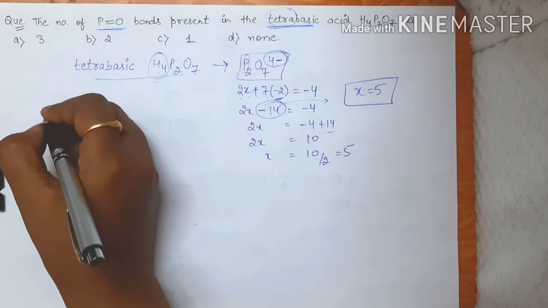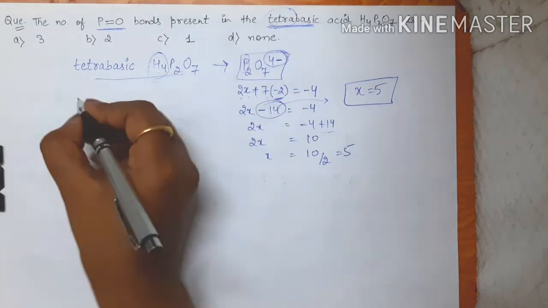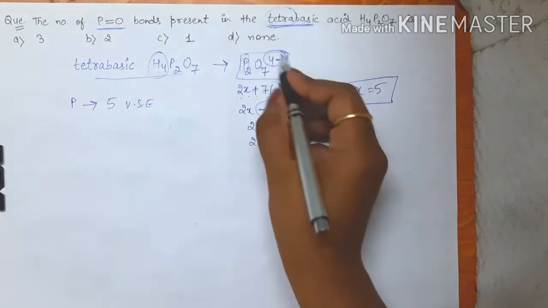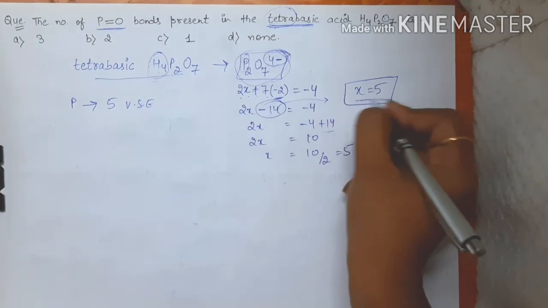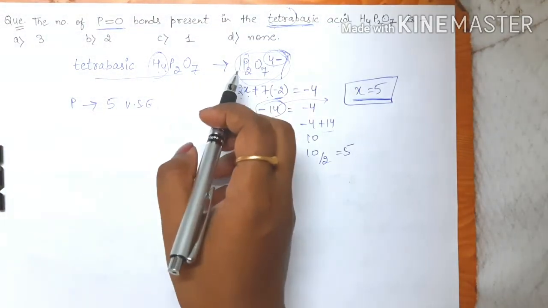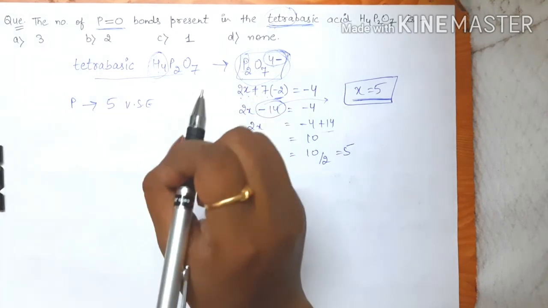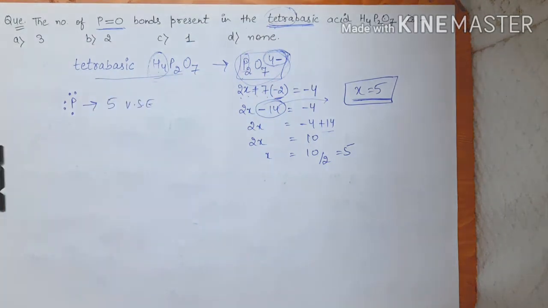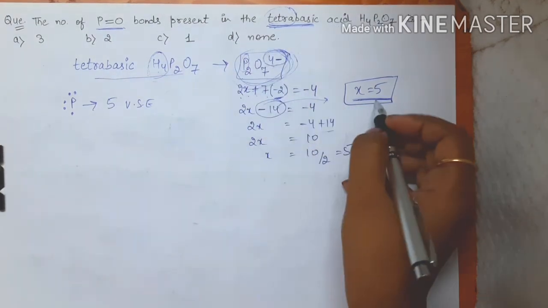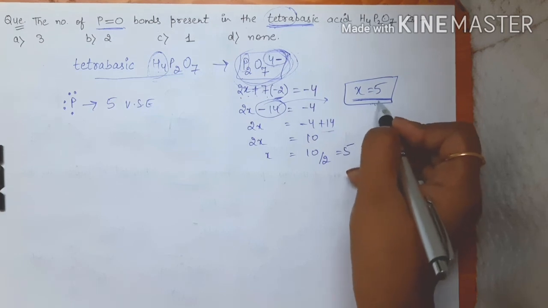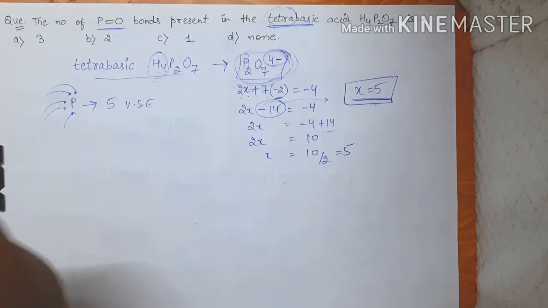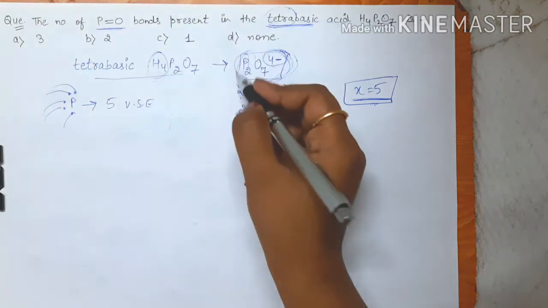Now you will know that phosphorus belongs to the nitrogen family, so phosphorus has 5 valence shell electrons, but in this case it is having an oxidation state of plus 5. That means 5 is the highest oxidation state of phosphorus. How do I know this? Because phosphorus has 5 electrons in the valence shell, belonging to the nitrogen family. In this molecule, phosphorus is having plus 5 oxidation state. If it is having plus 5 oxidation state, that means all of these 5 electrons will be removed. So this is the highest oxidation state which phosphorus can show.